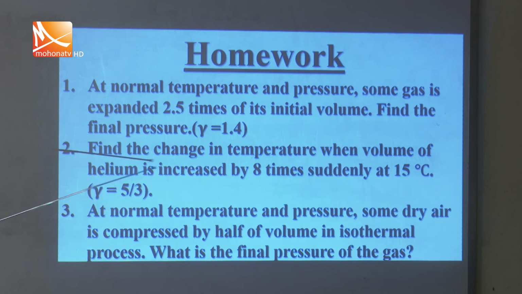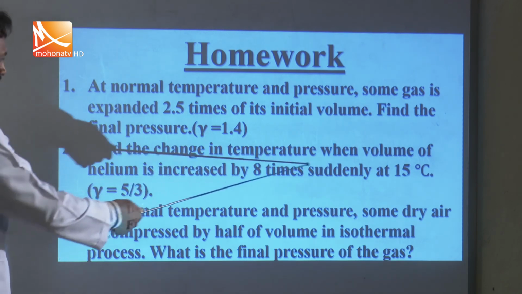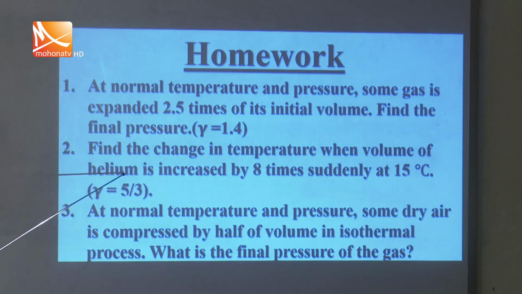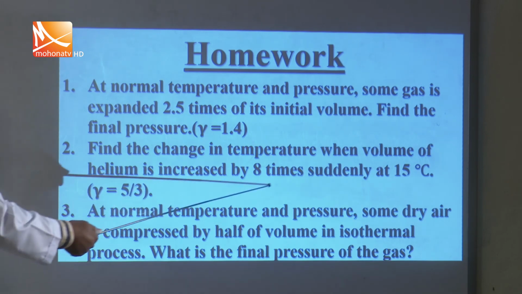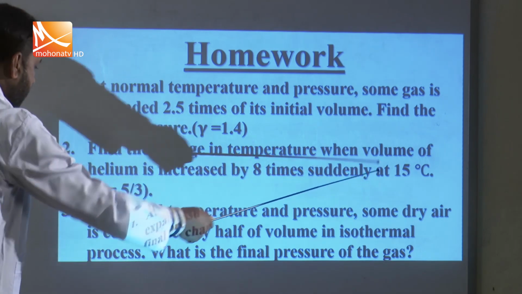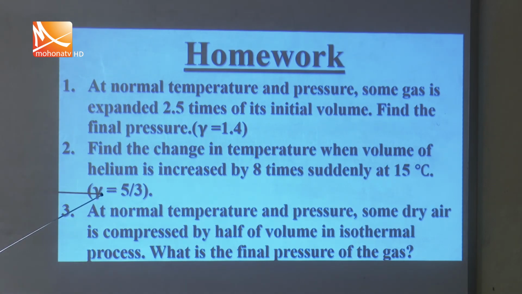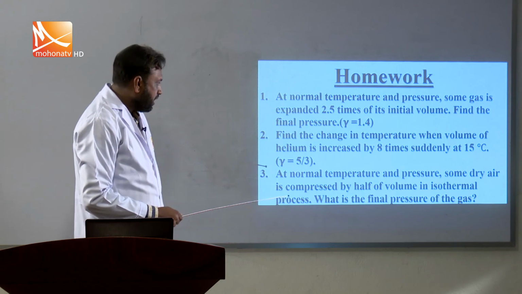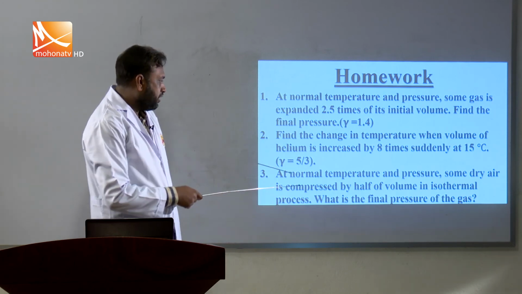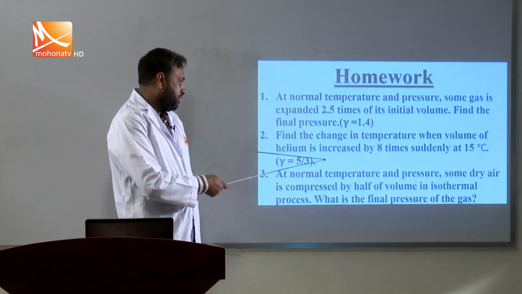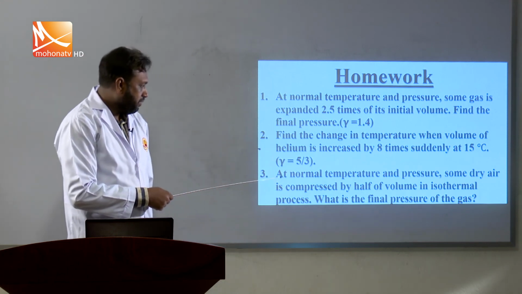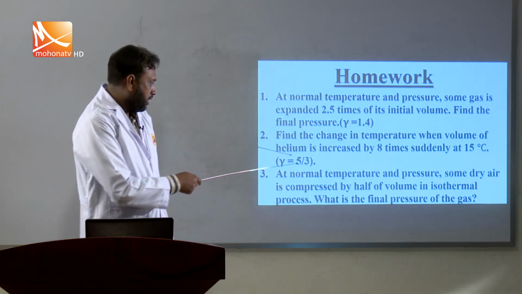Number 2, find the change in temperature when the volume of helium is increased by 8 times suddenly at 15 degrees Celsius. Here gamma equals 5 divided by 3. Dear students, firstly you find out the temperature T2,